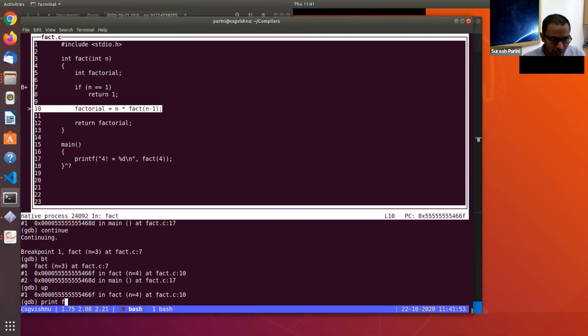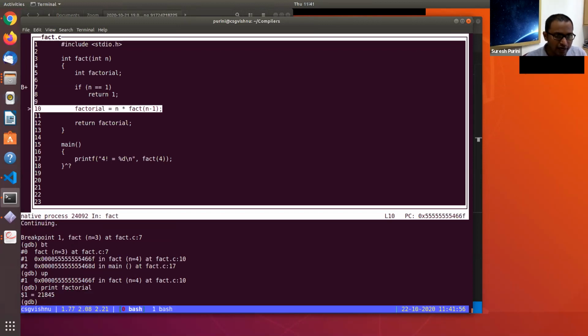If you print the local factorial, it is some random value, because we called n times fact 3, and factorial is not yet initialized to anything.